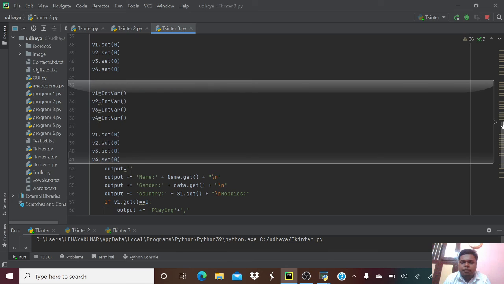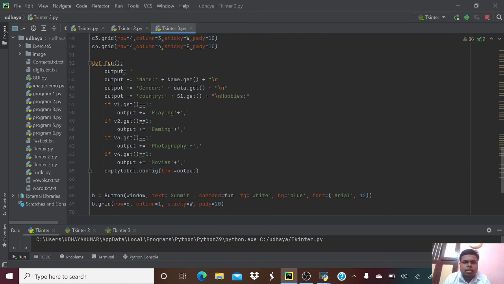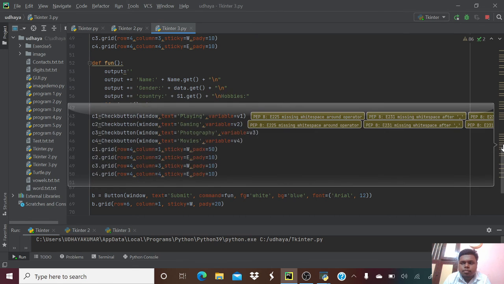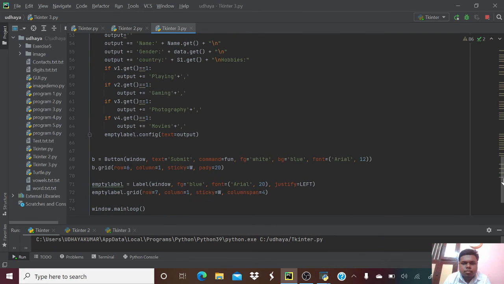and we are getting an output as name, gender, and country, and we are using the if function. Next we are using b equal to button of window, command, text submit.